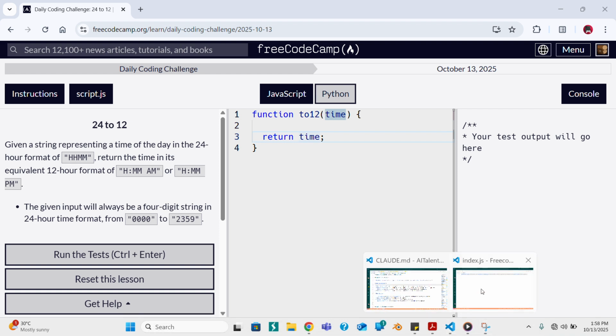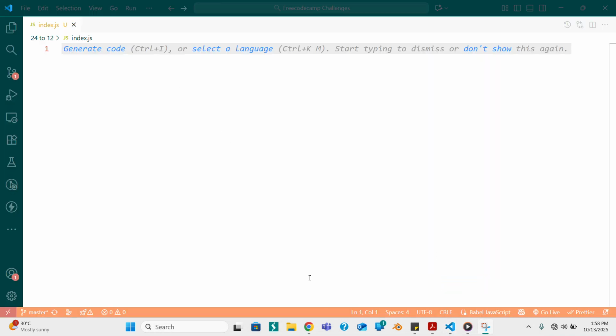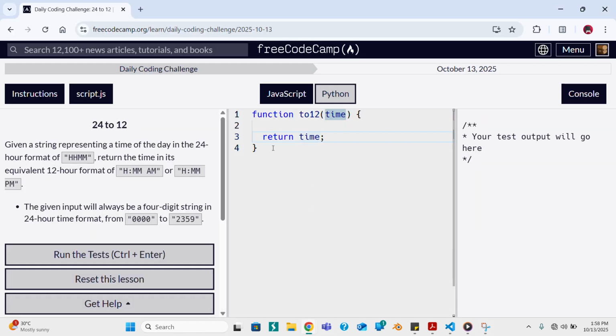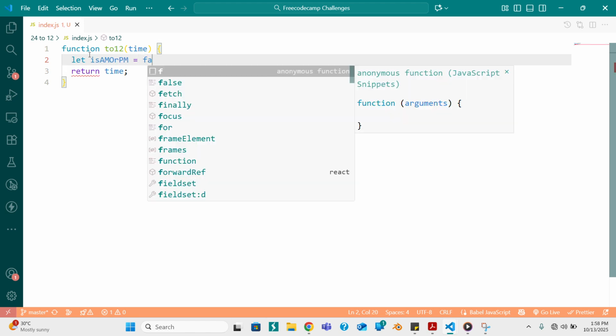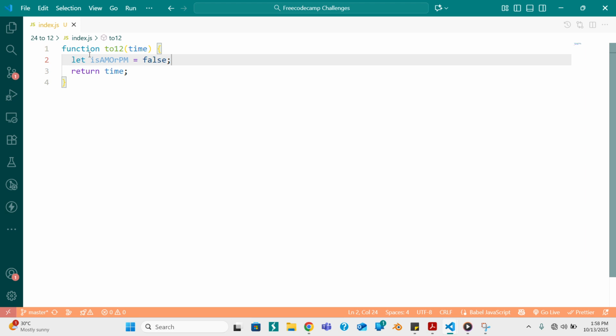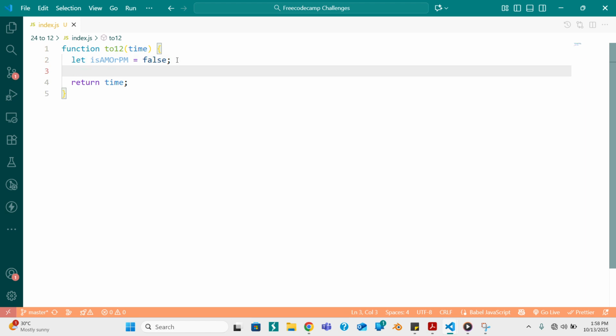So my first intuition is to, let me just copy that, is to have a boolean value. What can I call it? Is AM or PM, and I'll just set that to false. So what this will do is it will just update based on whether I've confirmed that the input string is AM or PM. And I think the first thing to do is